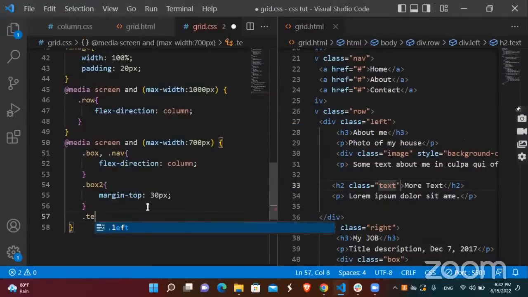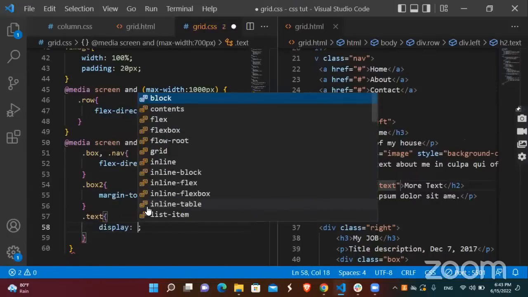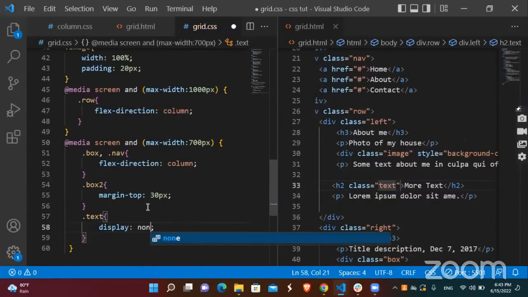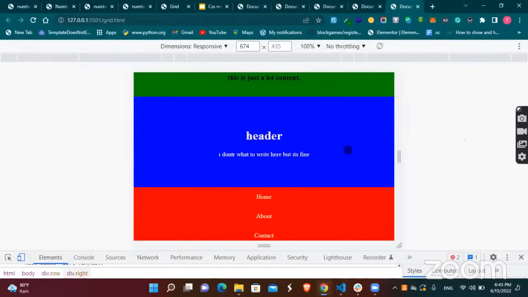You will notice that when you go to some people's sites, you will see some things on desktop, and then you see it on mobile and you'll be like, how did this thing disappear when you're trying to resize it? It's just this media query. So we have something they call display. I can do display none. Display none simply means don't display anything at that screen size. So when it gets to 700,